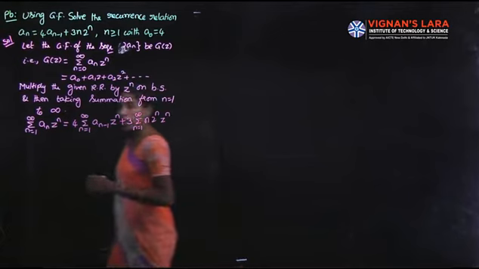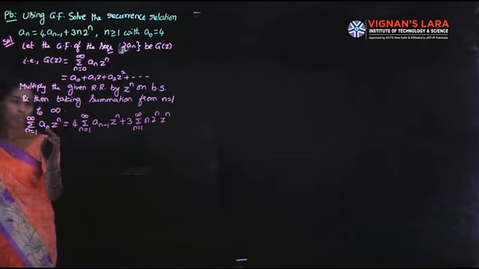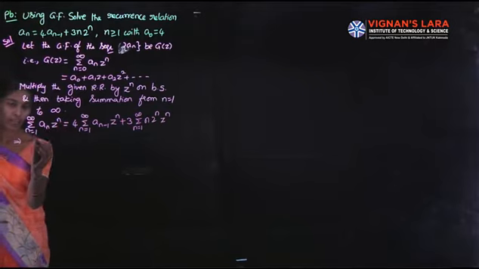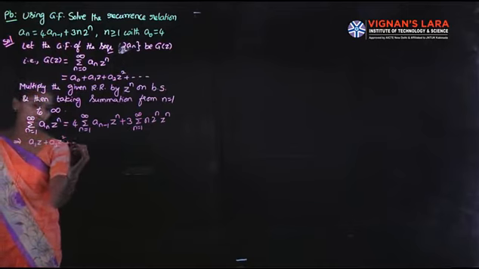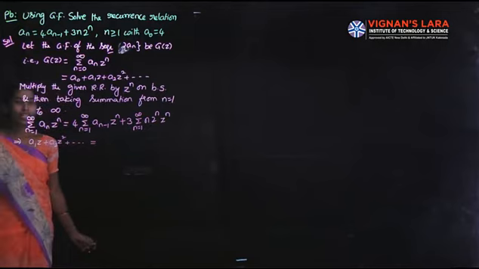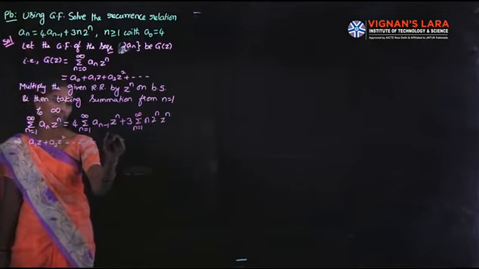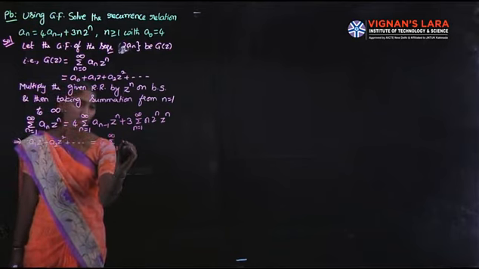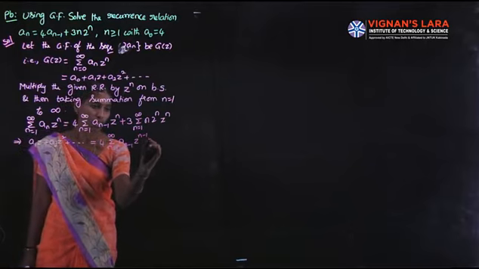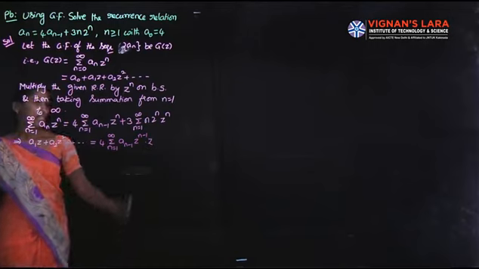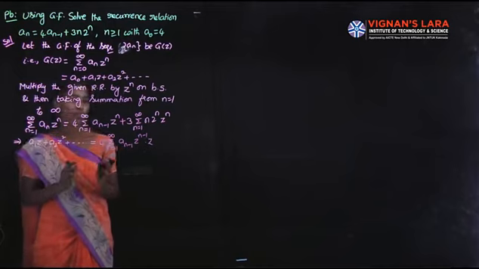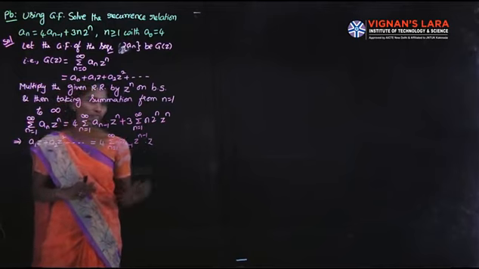Here in the left side term, the suffix of a and the power of z are both equal. Expand it by substituting n equal to 1: a_1 z, a_2 z^2 and so on. In the right side first term, the suffix is n minus 1 and the power of z is n, both are different. First equate both, so write z^n as z^(n-1) into z. The right side second term does not involve any sequence term, so we have to try to write it in the form of sigma a_n z^n. For that, first we have to